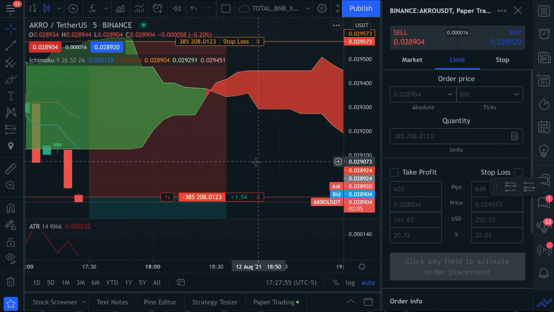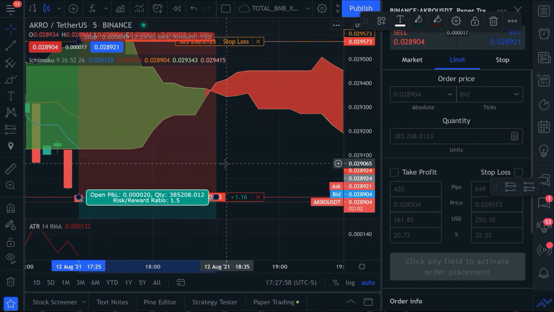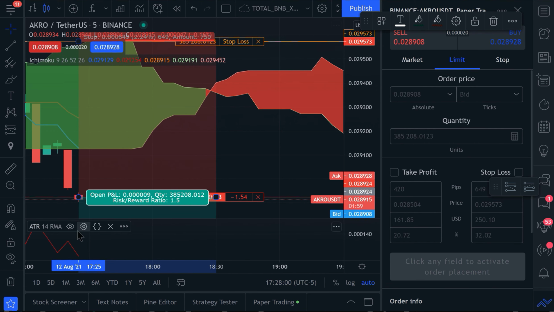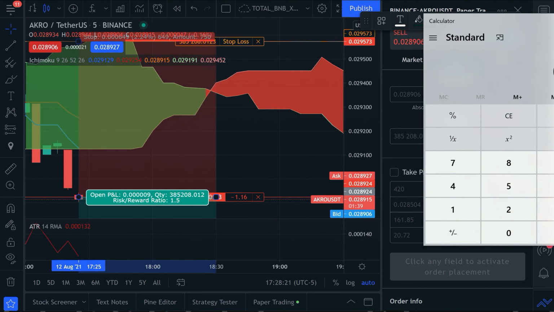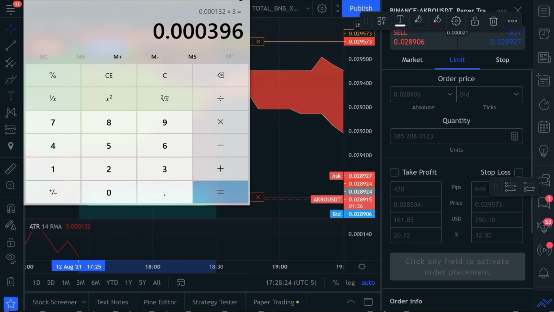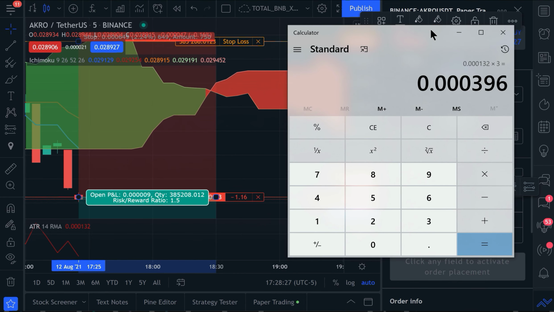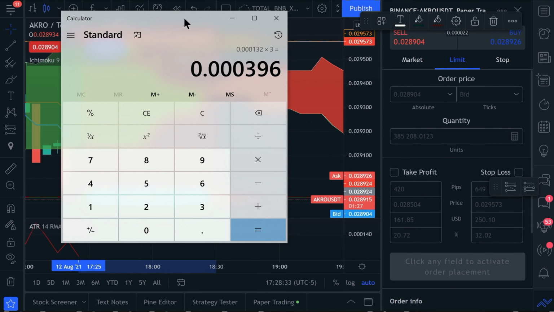We just have to move this to the entry candle and consider that we are going to work on 3 decimals, 132 per 3. This will be my difference from the price. In this case, I will add it to the price because we are shorting, so we need a stop loss higher than the price. And I will add to the entry, which is around